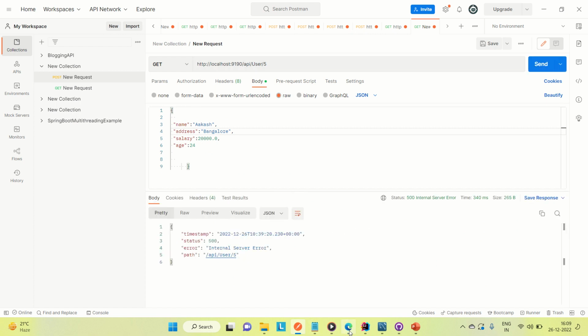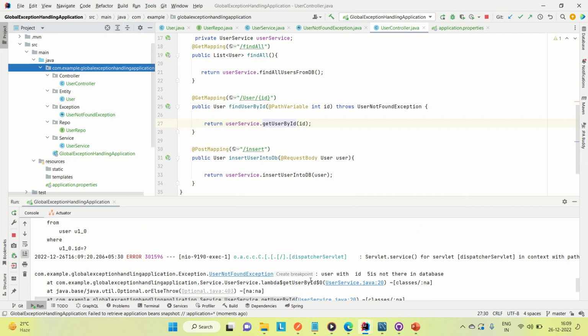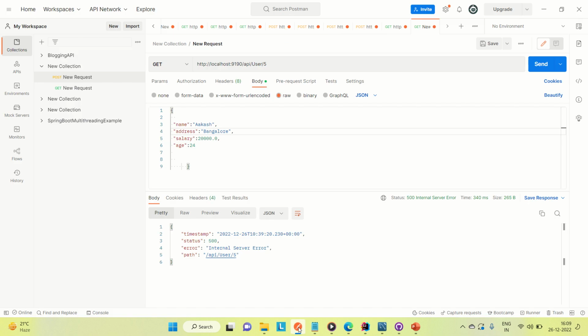Come to IntelliJ. You can see here that you are getting this user not found exception: user with the ID 5 is not there in the database. So whatever implementation you did, you can find it here in the log file,